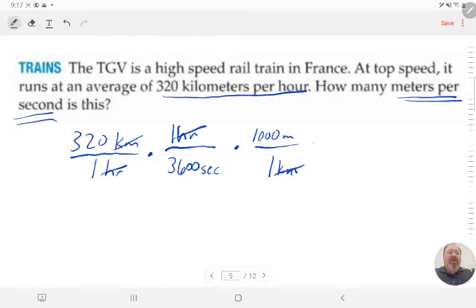Now, when I look straight across, my unit of measures, what do I have? All I have in the top is meters, and all I have in the bottom is seconds. That's what it asked me for in the problem, so I know I have it set up right. Now I can, again, simplify before I multiply, or just multiply straight across. Since we simplified the first time, let's just multiply straight across on this one just to show you that it works, okay? So 320 times 1 times 1,000 would be